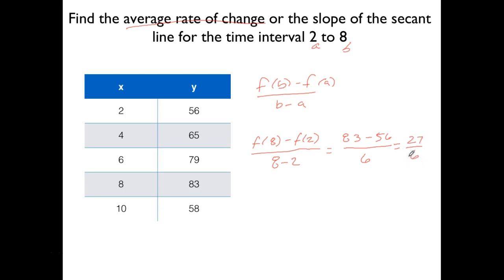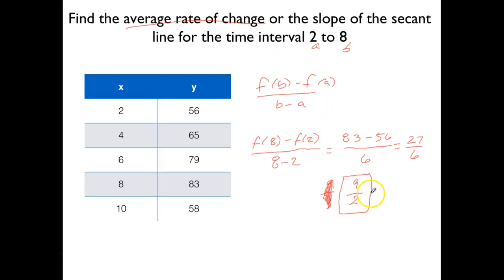We could simplify it a little bit, right? We could divide each thing by 3. So we're going to end up with 9 over 2, sorry, bad simplification. 9 over 2, and that's going to be our average rate of change,